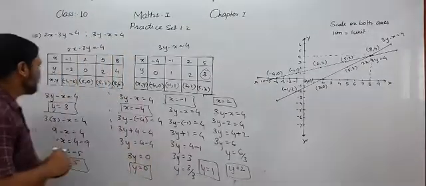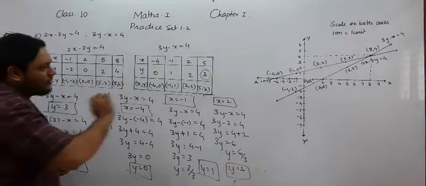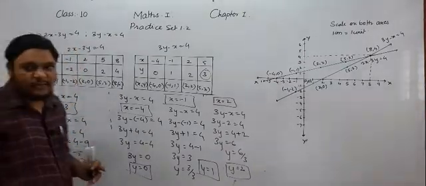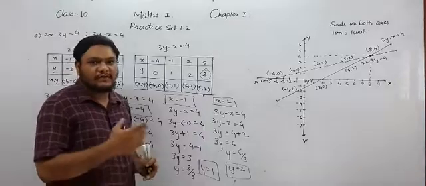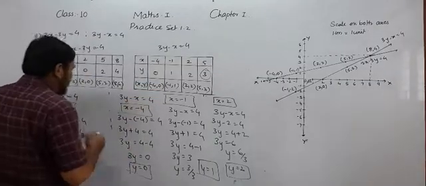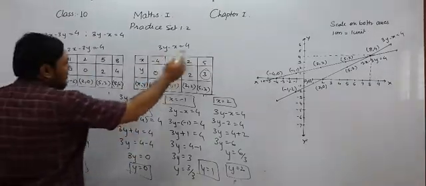Just keep in mind that the points should be plotted properly. So you have to consider the values which are suitable for plotting the points and drawing the straight line for a particular equation. So here I have solved it for the 4 ordered pairs of the second equation. So these are the solutions for the ordered pairs of the second equation.